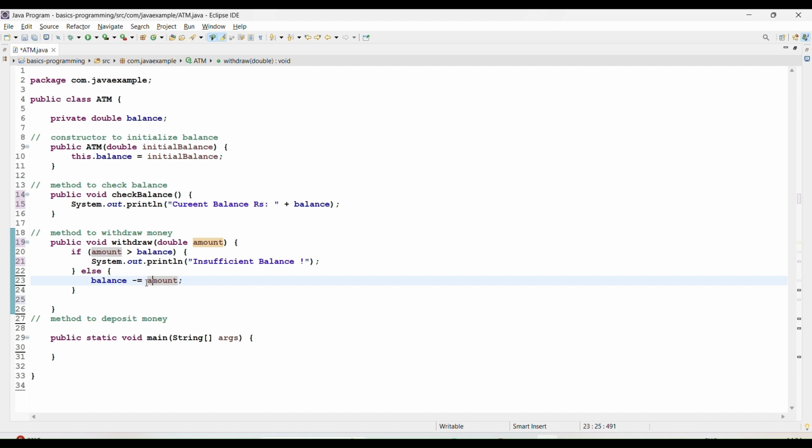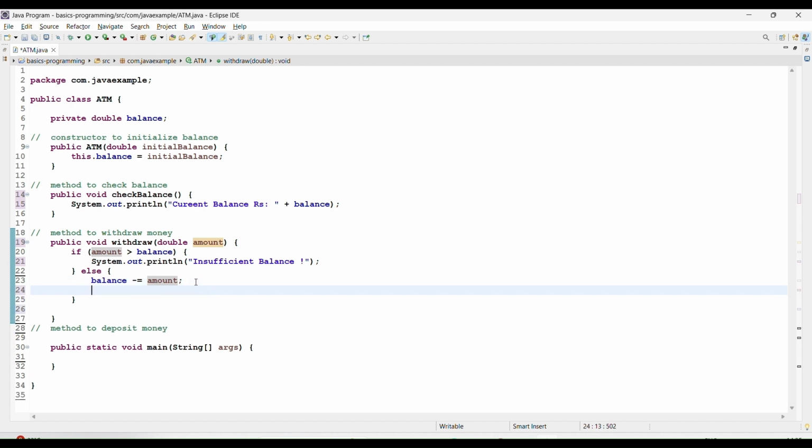Instead of writing balance is equal to balance minus amount, we just use balance minus equal to amount. So directly we do this, and after withdrawing we need a statement,